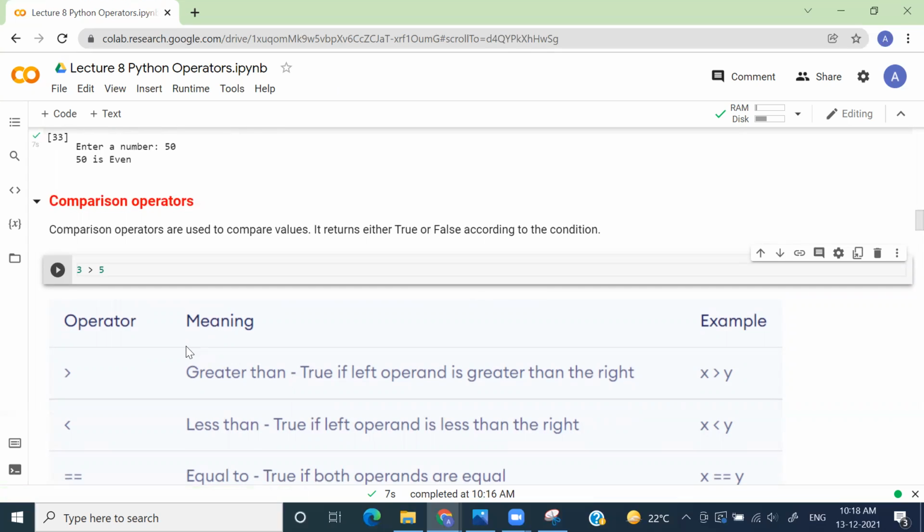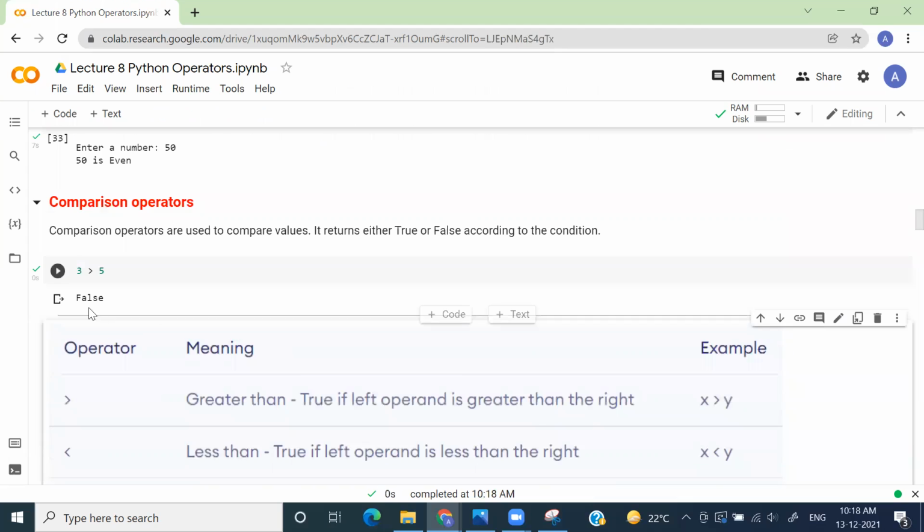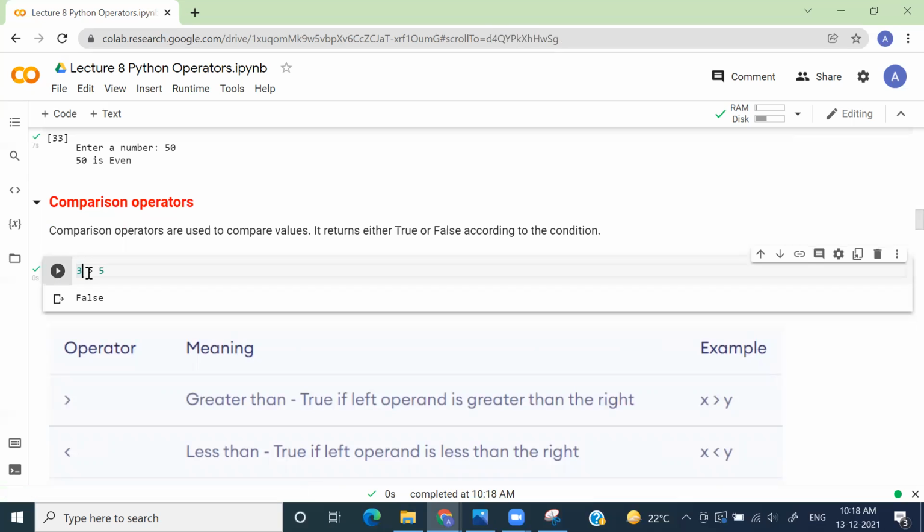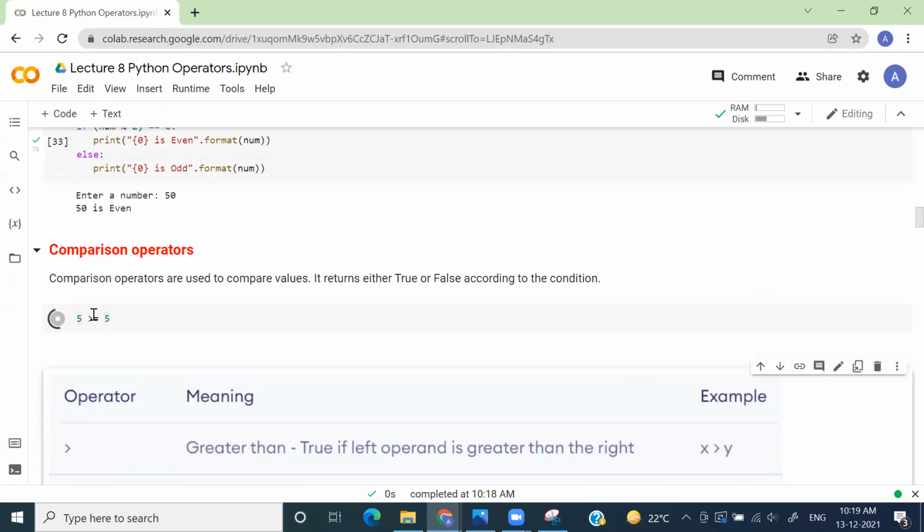Okay. So for example, let's say you do something like 3 greater than 5. What do you think would be the output? Come on, quick. This is very simple. False. Yes, that's what the system will give you. It will either give you true or false, nothing else, right? If I do something like this, what would be the output? True. Correct, you're absolutely right. Here it means that 5 is greater than or equal to 5, right? Which is a true case, since 5 is equal to 5.